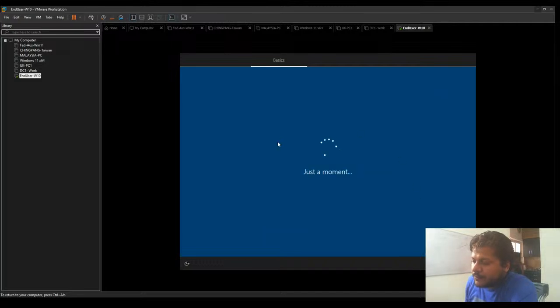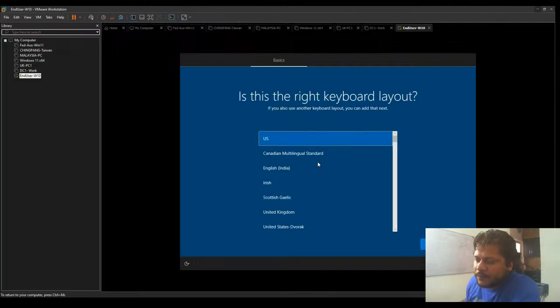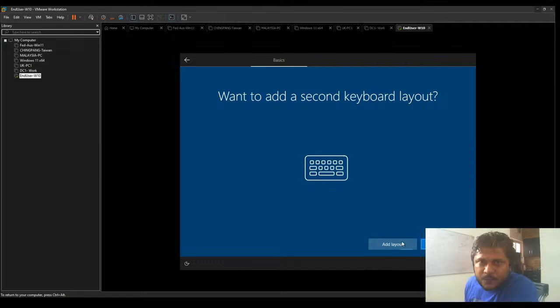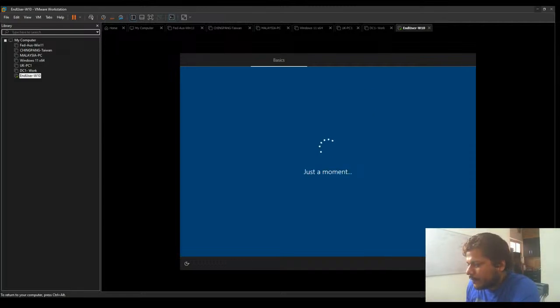It's going to take a couple of steps after this, and then configuration should be completed for me. For others, for whom it is already completed, make sure that you right click on the machine and install VMware tools. Then click on yes for the keyboard. So I have selected Windows based keyboard. Then click on skip. I don't want the secondary keyboard for my virtual machine.